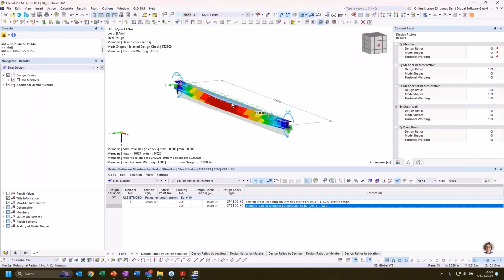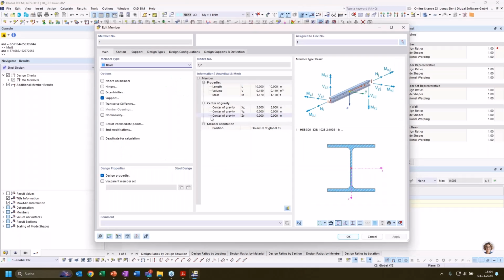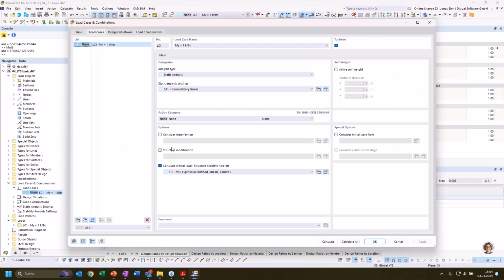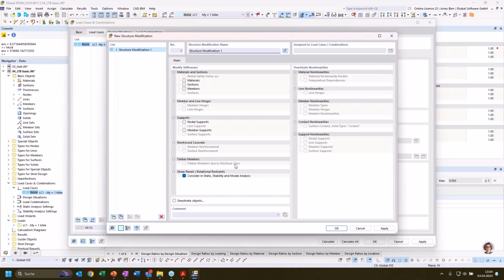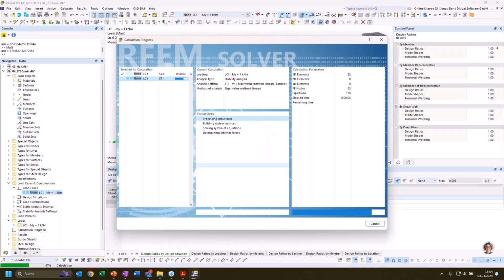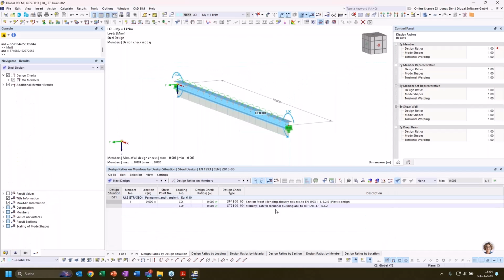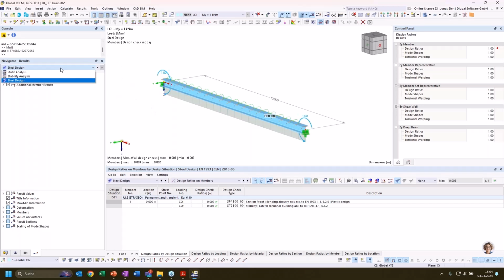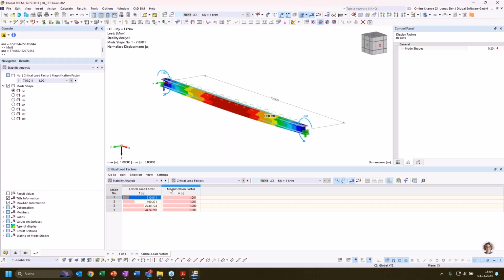But we have now the option to take these fictitious stiffnesses into account also in the structural stability and static analysis. We can do that by adding a structure modification to this load case. Here we just need to activate the option to consider shear panels and rotational restraints also in static, stability, and modal analysis. Before, it was only possible to take these shear panels and rotational restraints into account in the design, so in the LTB design within the design add-ons. But now we also moved this possibility to the global analysis,